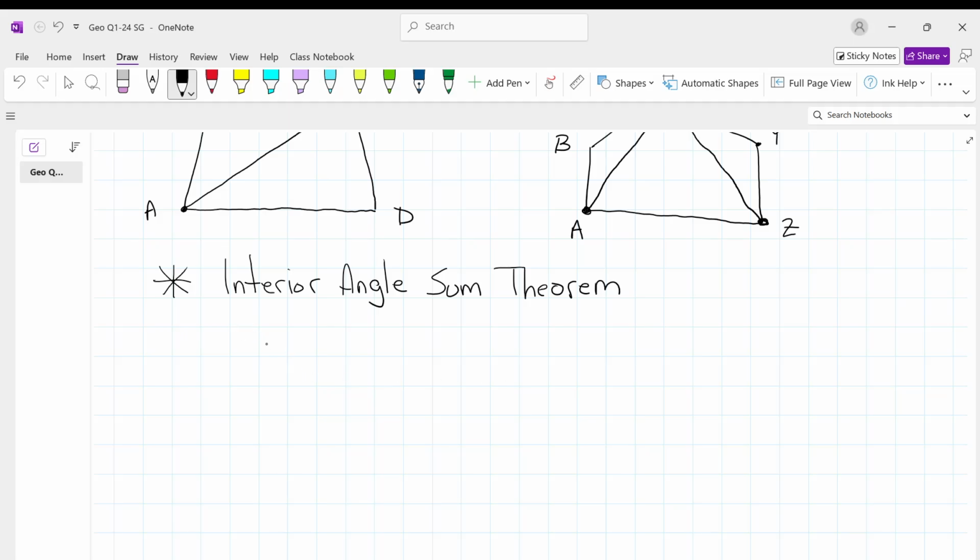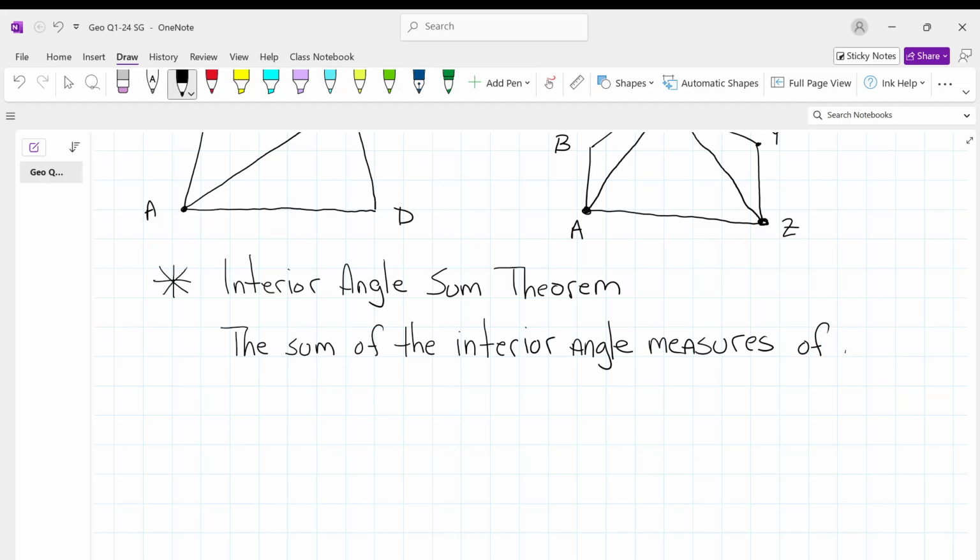And it states that the sum of the interior angle measures of an n-sided convex polygon